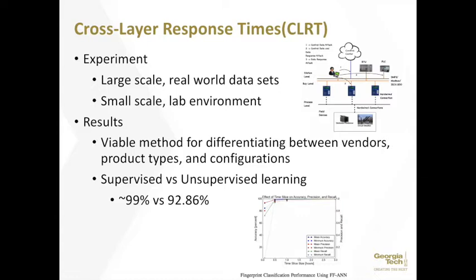Now, the reason why unsupervised learning is very important is because a lot of times network administrators don't have a full map of their ICS systems and IP addresses associated with each device and everything like that, which is kind of required for supervised learning. So the unsupervised approach is very important to test out, and the 93% figure is actually very promising because that's about the exact same as existing fingerprinting devices, actually a little bit higher.